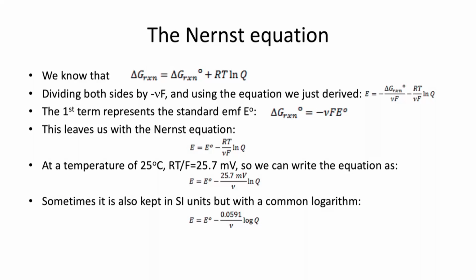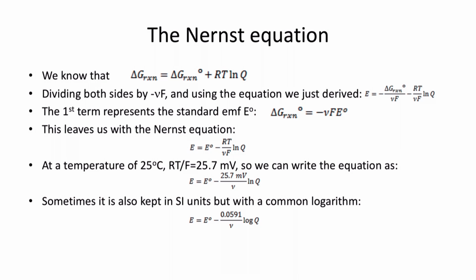But under normal circumstances, I may not have those conditions. I might change the concentration or the temperature. The Nernst equation allows me to take into account these different changes. Now I know that delta G for a reaction at any circumstance is equal to delta G0 for the reaction at standard state